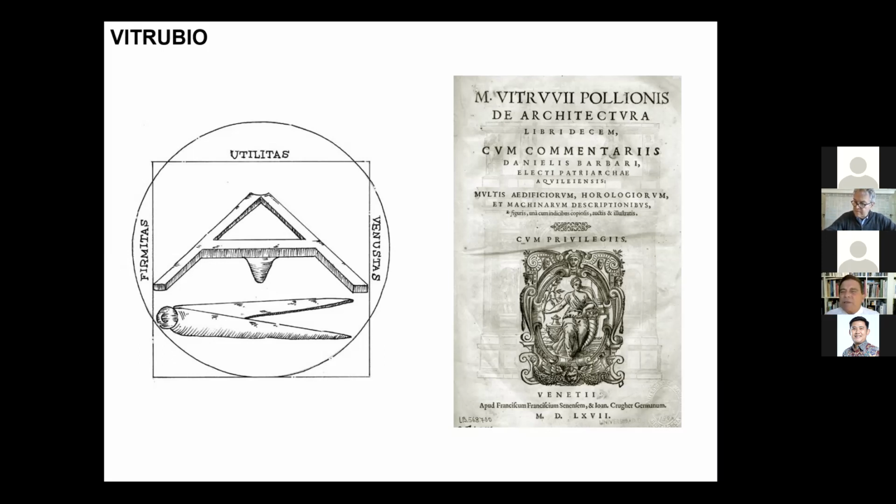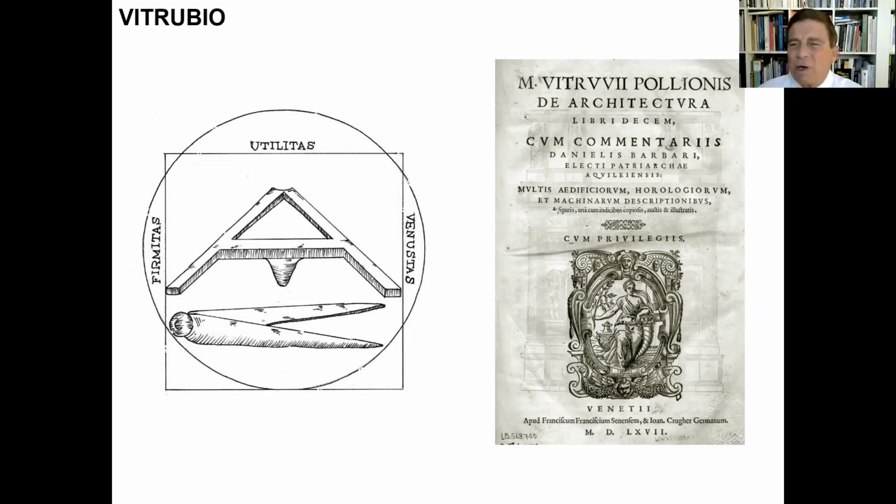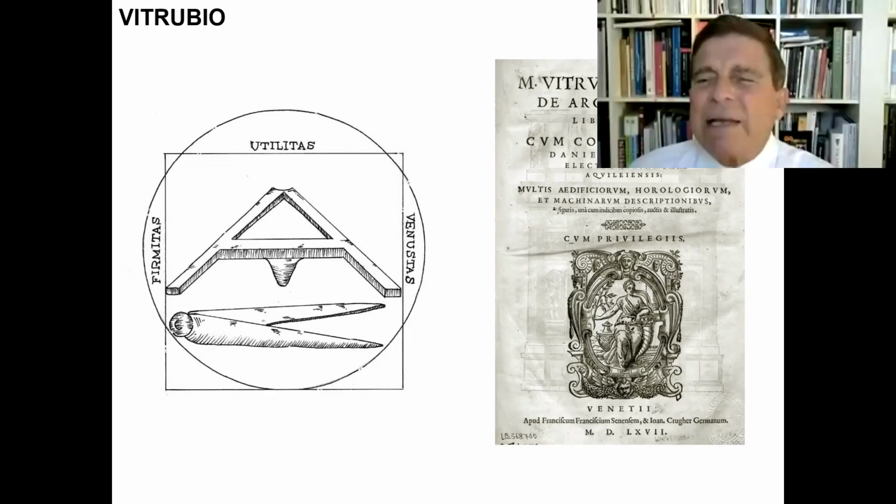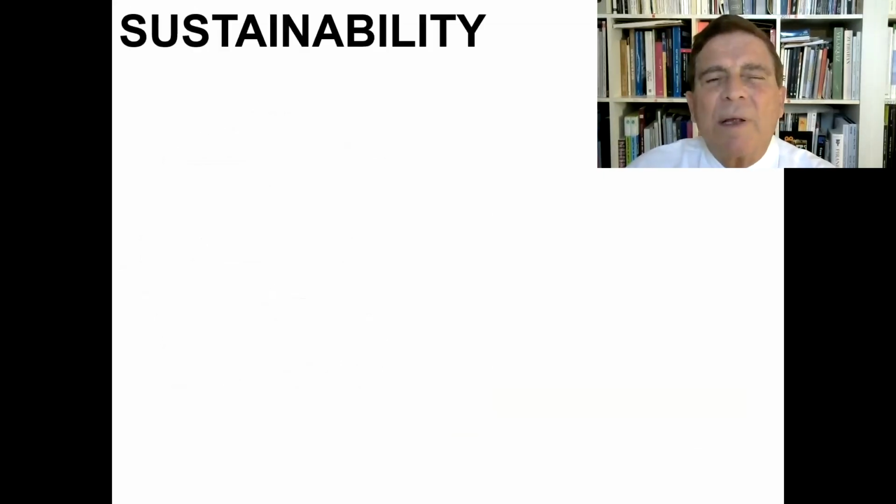These 3 points of support. But the last point, or the first point, is the beauty. It is necessary to accomplish with the function. It is necessary to build perfectly. And after is coming the beauty, confirming that the other 2 points are true. Sustainability: an architecture is sustainable when this architecture accomplishes the 3 conditions.